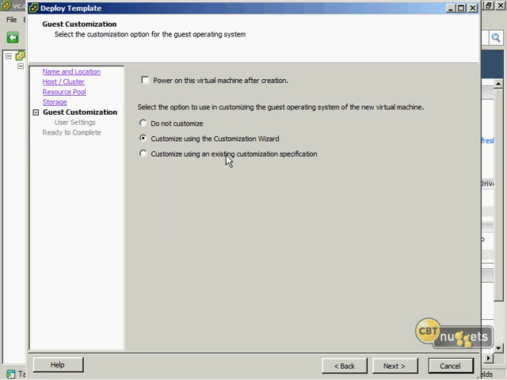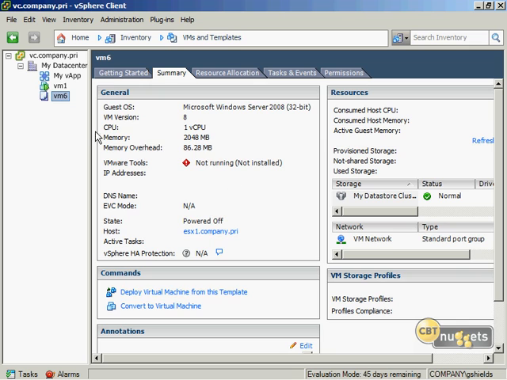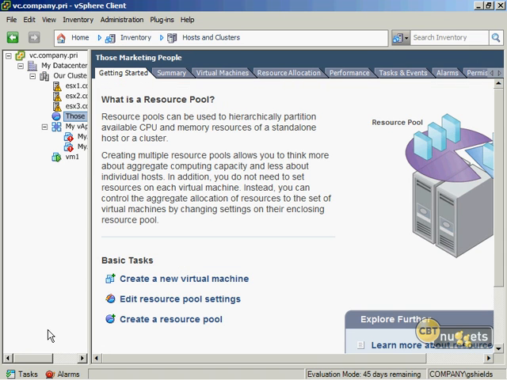The end result of this is that, well, I end up with a virtual machine that is exactly how I customized it. But this is really exciting because it goes much further than the copy-paste world that many of us are used to thinking of when we're dealing with virtualization, and we kind of add some intelligence to that whole copy and paste process. Okay, so here's this deployment template, and here I've got my VM, and I deploy this VM out, and then once I get done deploying it, it will end up in hosts and clusters down here